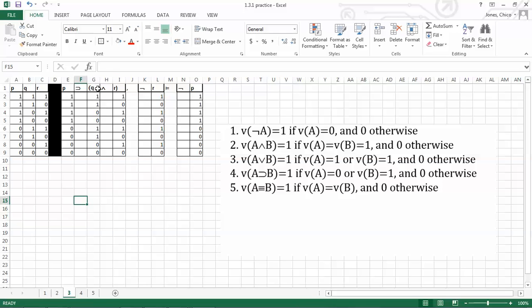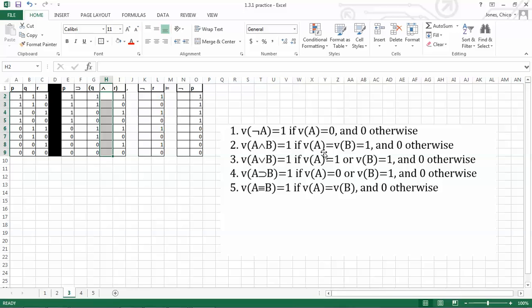And now I'll look at my premises and I'll apply rules. Now remember, we're working inside out, right? If P, then Q and R. And in order to apply the if-then rule right here, I need to know if P is true and Q and R is false. But Q and R I haven't decided yet, so I have to do this column first before I can do the if-then column. And I look at my AND rule, and my AND rule says A and B is true